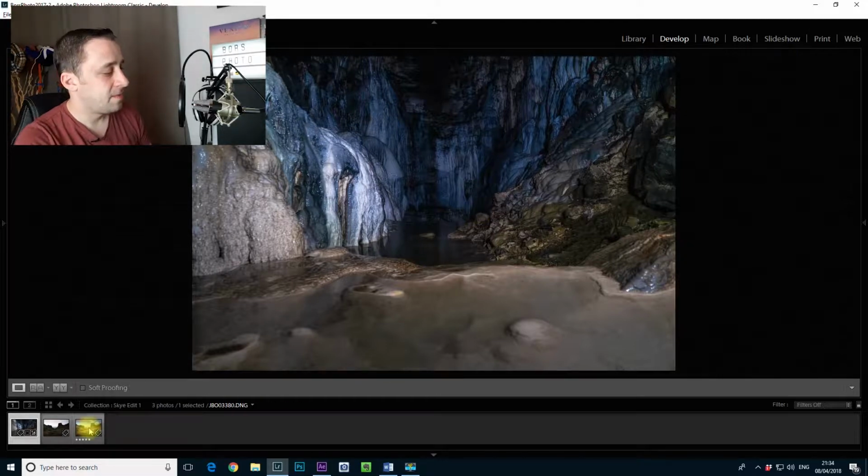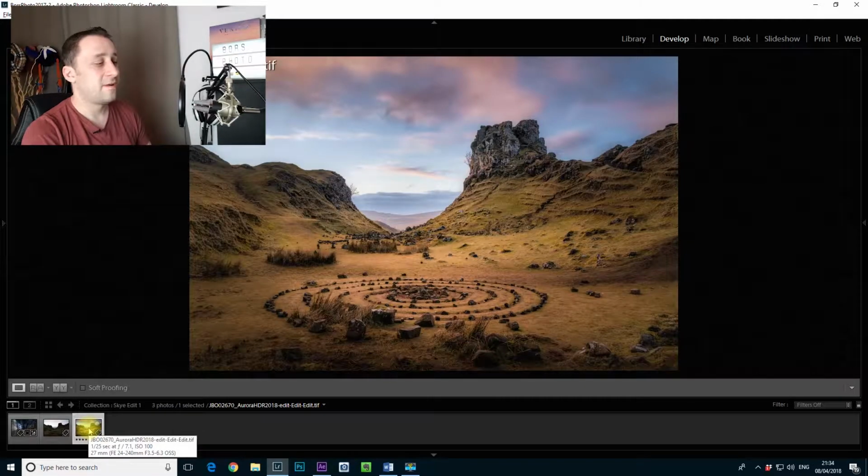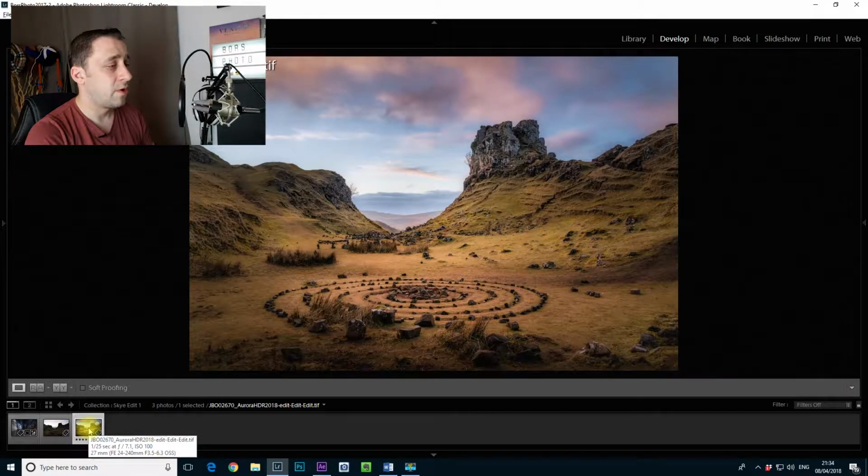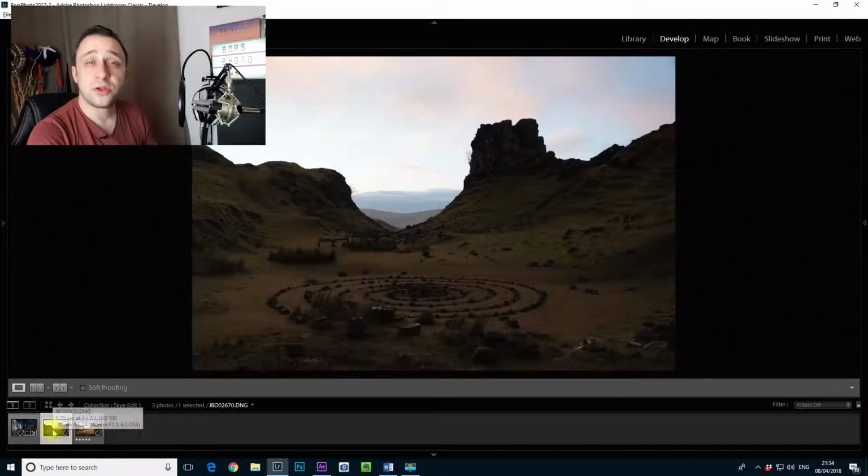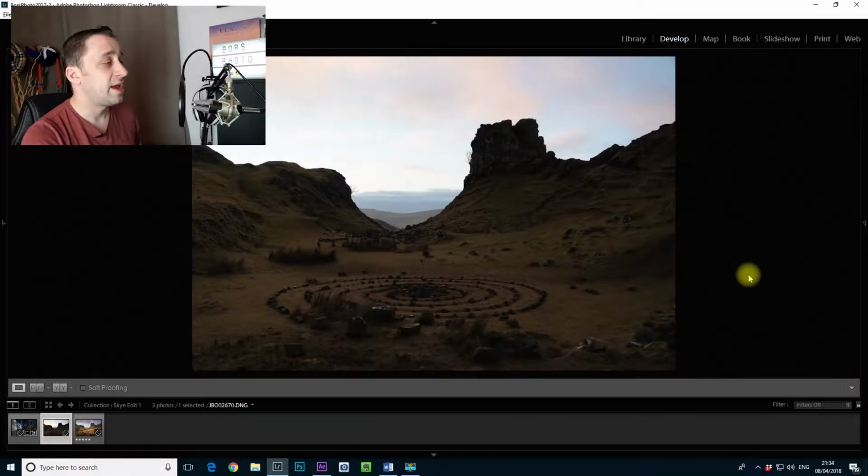But why are we here today? We're actually looking at this picture of Fairy Glen I took several weeks ago, and it was very, very popular on Facebook and 500px and many other accounts, so I wanted to make sure that you guys know how to make it. So this is how the picture looked when I took it out of the camera,